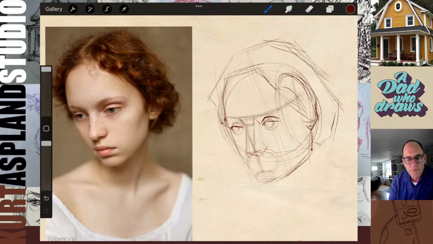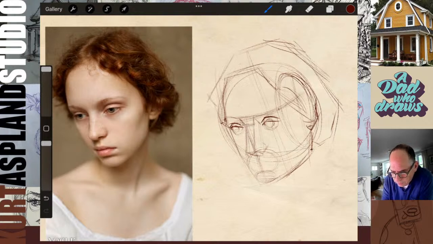And then the left-hand side, it's coming like this. You see that? It has that slight edge right there. And I come right around. You see that?